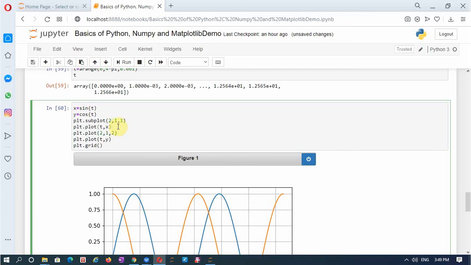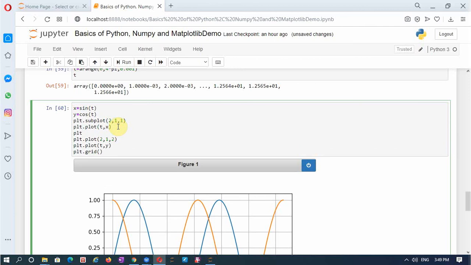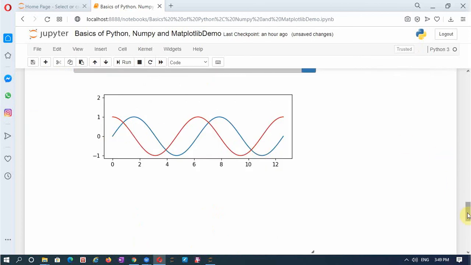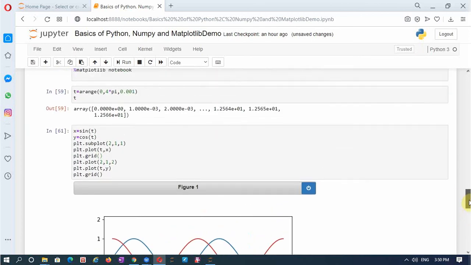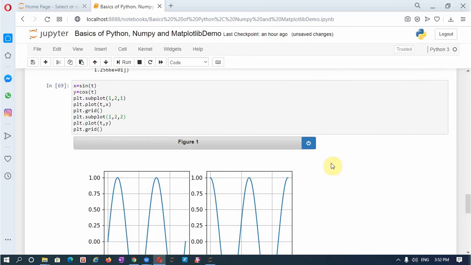The grid has to be provided for both separately because they are now separate graphs. Now if I run this, you see here I have two signals, x equal to sine of t and y equal to cos of t, organized in separate subplots.